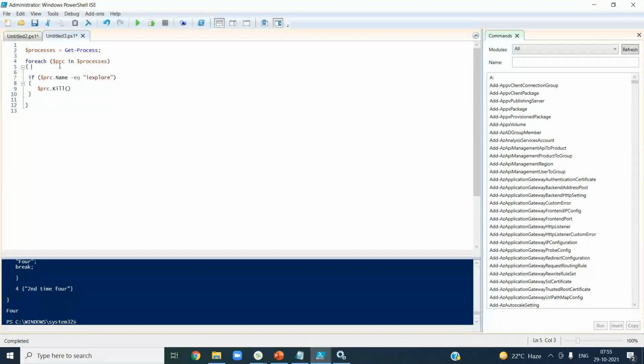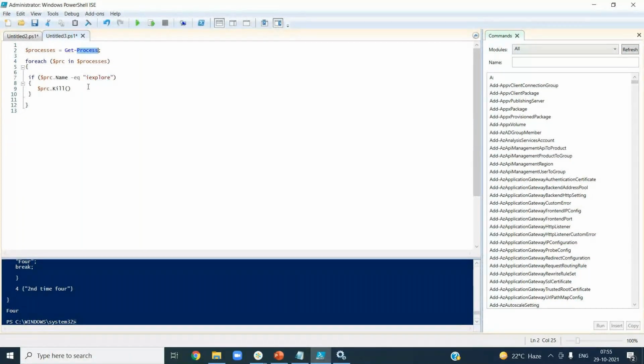So what I'm saying is, for each process inside this list of processes, do some logic. So what is that logic? I'm going to find out the name of my process, which is iExplore, and kill this one. You don't know whether it is a name or something else, right? How do you know? Basically, when you say dollar, sometimes it will not give you a suggestion, but it is name. How do I know? I will tell you how you identify where you can find the name from this Get-Process.